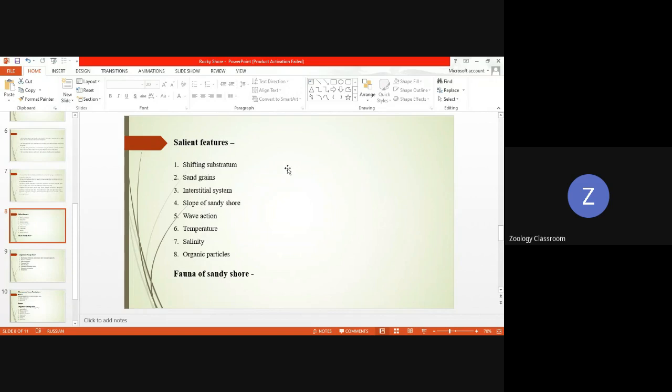Mollusks like Olivia, Murex, Aplysia, Onchidium, clams, Cardium, most gastropods, etc., are the members of mollusks. Echinoderms such as starfishes, sea cucumber, Ophiothrix, sand sea cucumbers are also observed. Protochordates like Amphioxus, Balanoglossus, Saccoglossus, etc. Fish, certain fish,